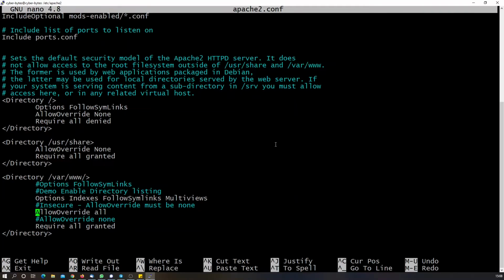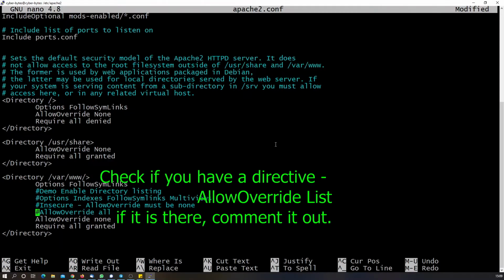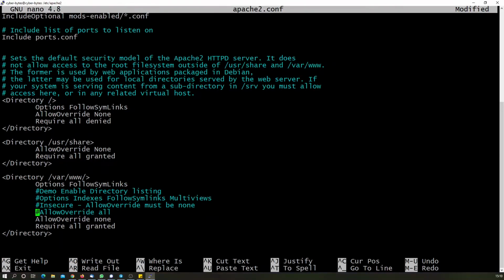So this should be made, you can say, as a standard here. So let us fall back to our secure configuration. So AllowOverride is set to None here. Also, in case your server has this file with a directive called AllowOverrideList, it should not be present. Most probably this will be the standard configuration available. So make sure that the directive AllowOverride is set to None in all cases.